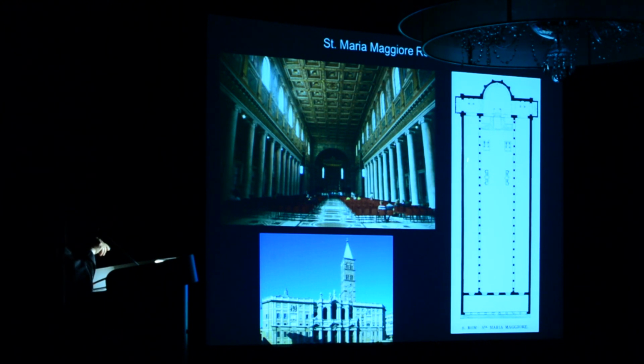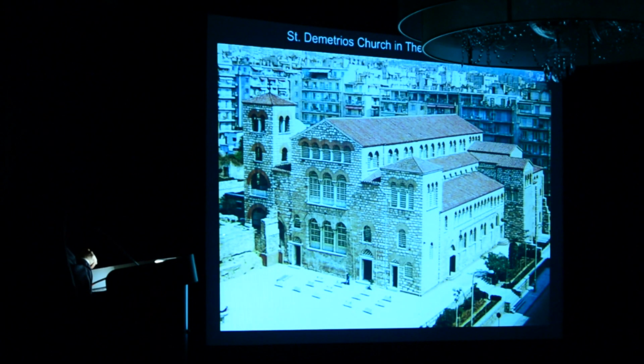Today, if you visit the place, it doesn't show here. They have created on this side 8 or 10 small rooms, and they are for confession. And outside you read the possible languages that the priest inside can speak, because they serve plenty of pilgrims. This is another typical basilica. This is St. Demetrios in Thessaloniki.